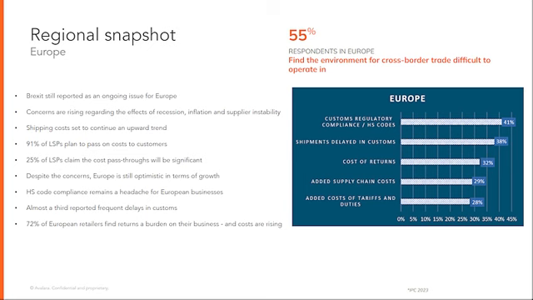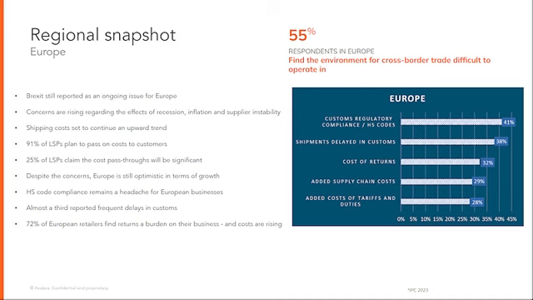55%, which is still a very high number if you look at Asia and Africa and the Middle East, find this environment difficult for cross-border trade. And I think the biggest thing, which I hate to even use the B word because it gets mentioned all the time, but Brexit. There are still obviously going to be the ramifications of that, and many businesses still trying to wrap their heads around that. So again, if we look at some of the individual stats that came out, it's probably not surprising.